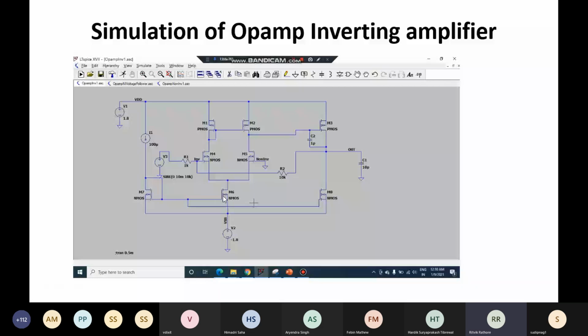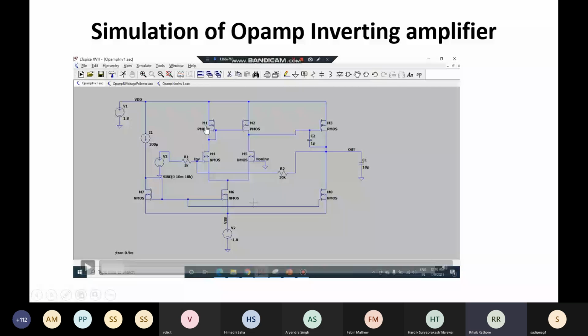So this is my differential amplifier, and finally this is my common source amplifier. The output of the differential amplifier goes to the gate of this PMOS, which is the driver here, and the NMOS is serving as the load. Finally, there is an output capacitance connected here. This capacitance, connected between gate and drain of the PMOS, is for internal compensation, because op-amps are internally compensated. They fall under the category of directly coupled amplifiers, so we are not using any blocking or coupling capacitors at the input.